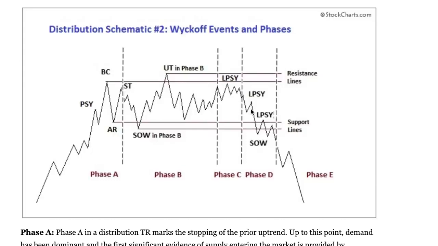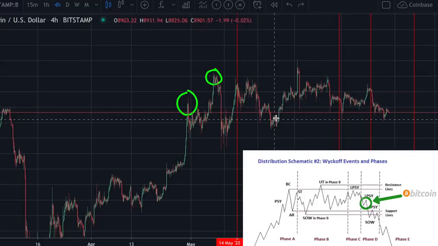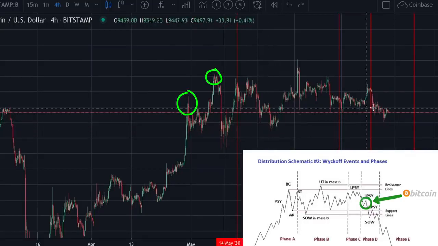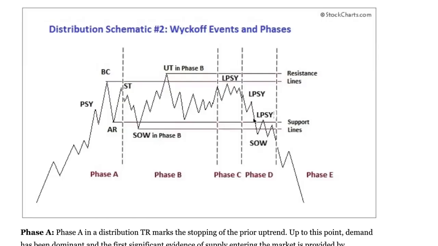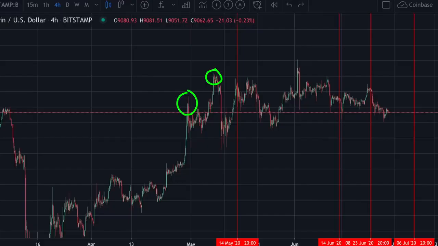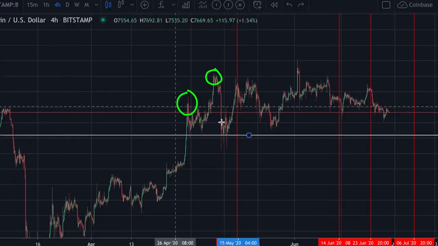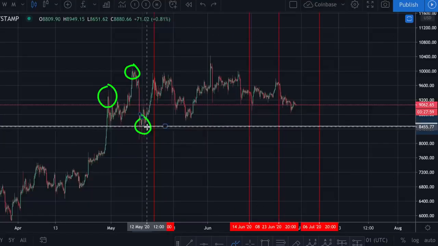And basically, you can see that we're still above the previous low, and we have a low right there. Going back to the chart, we see that the low right there and there are not broken yet. Bitcoin is still above those lows. But going back to the Wyckoff chart, as soon as Bitcoin breaks the lowest low here, that is the initiation of this phase E, where Bitcoin is going to go into a big downtrend potentially. So this is why it's very, very important that Bitcoin holds above this level, which is the lowest low here at approximately